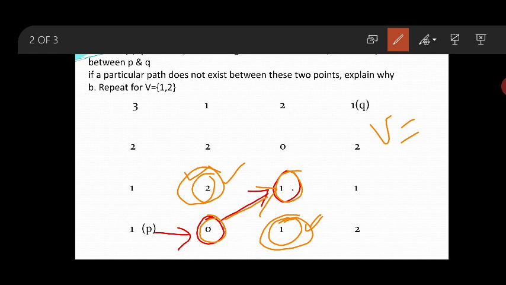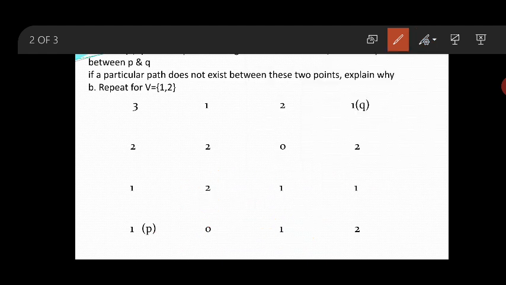I hope the statement is clear. The intersecting means the common pixels, like this, that is a common pixel. Which one? These pixels. They are the intersecting pixels for 0 and 1.